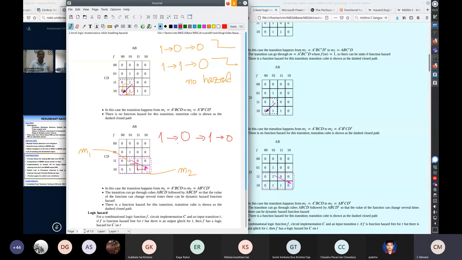So this part is a static 1 hazard, and this part is a static 0 hazard. All right. These are called function hazards, because these are so